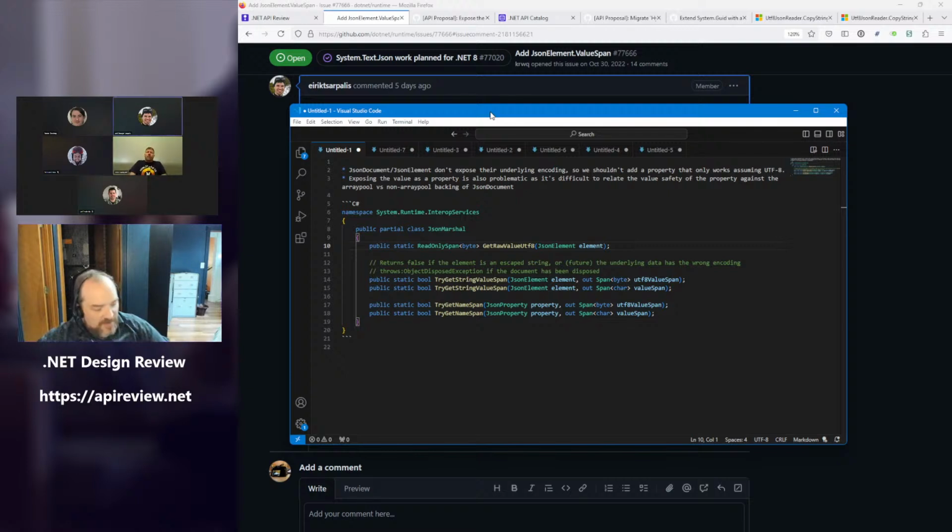So Newtonsoft abstracts the concept of a reader, so it could be just reading out of JToken. Fair enough. So the thing behind JSON document, and again, we wrote JSON document when we were starting in JSON land. We knew we only had time to do UTF-8. We were talking about UTF-16, and we haven't done it since, and maybe that means we're never going to. But JSON document's purpose, or part of its purpose, was to hide the encoding. And this is